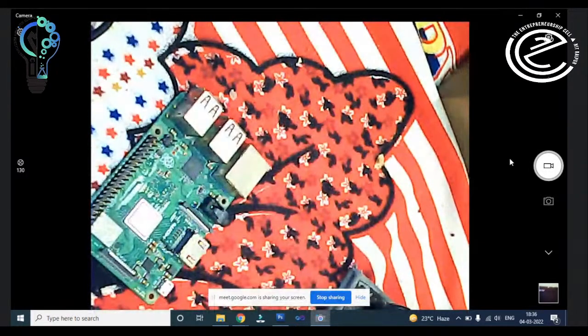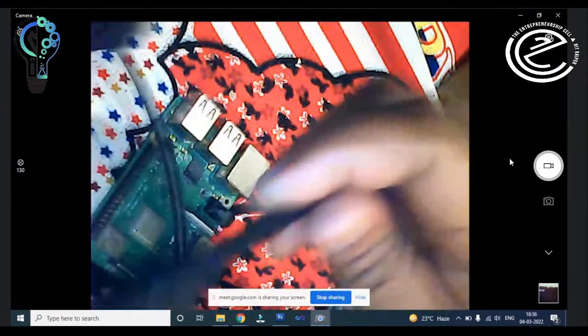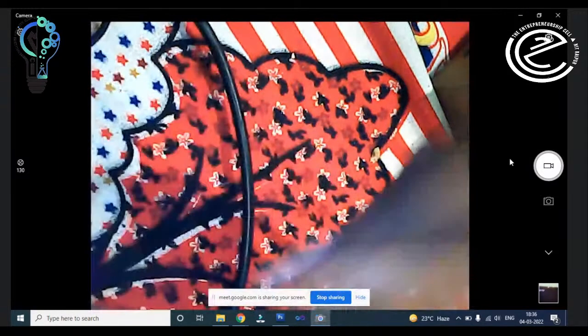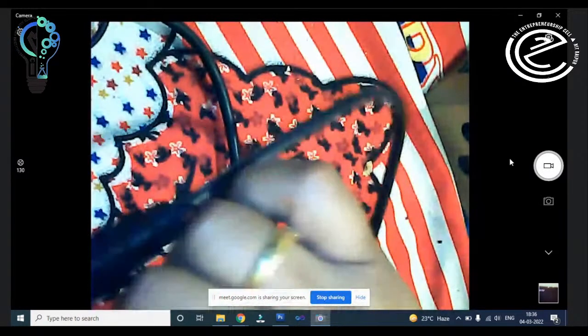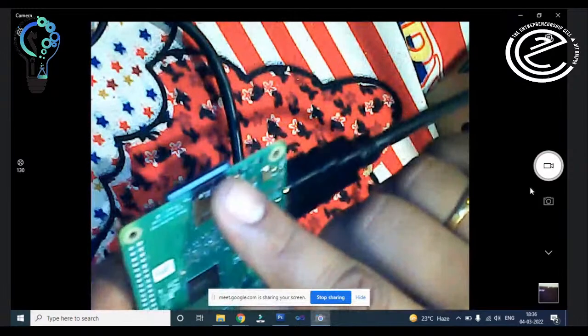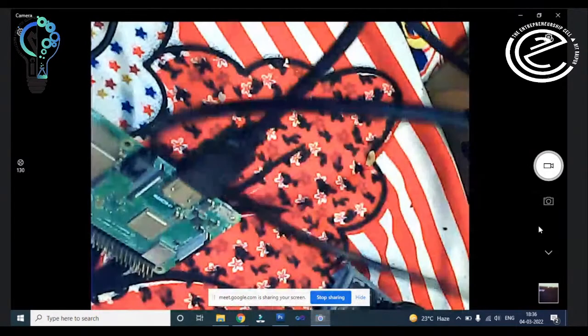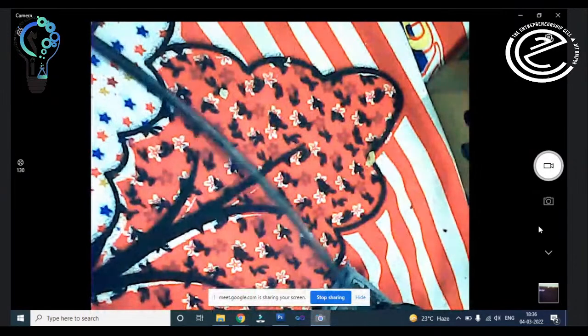I have this HDMI cable, this one. You can see the HDMI cable, right? So I am just inserting this HDMI cable in the Raspberry Pi board, and I have the memory card in which I already flashed the operating system, and I'm connecting this with the TV or the monitor which I have.